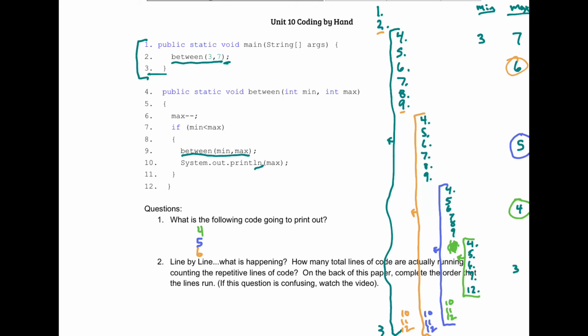Just a quick note is just a reminder that we've done this a lot before, where you jump around in the code. We did that with the average method that we did and whatnot. It's just now we're jumping back into the same method, which is a harder concept to figure out. But if you think about it, it's the same exact concept as just jumping around in different methods, right? You have to complete the method before you finish and go back to the end of it. So therefore, we have to finish all of the betweens before we can get to that line 10 and actually